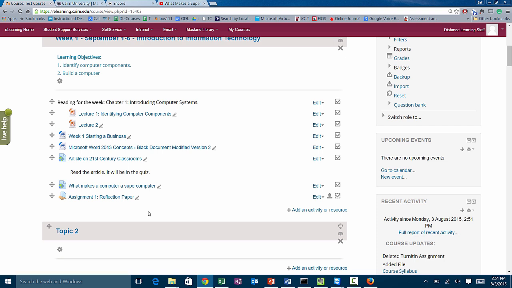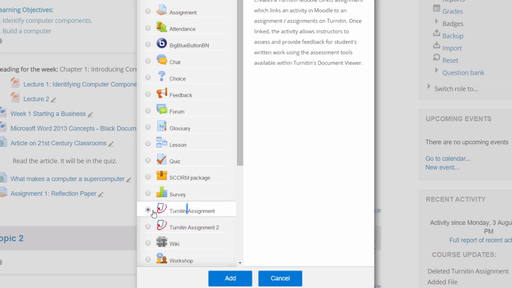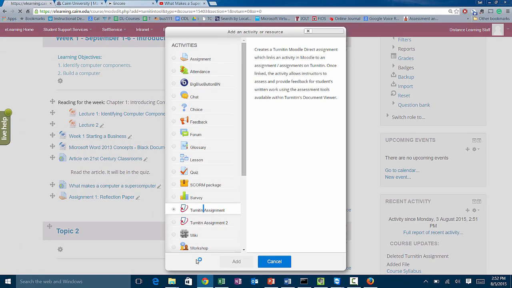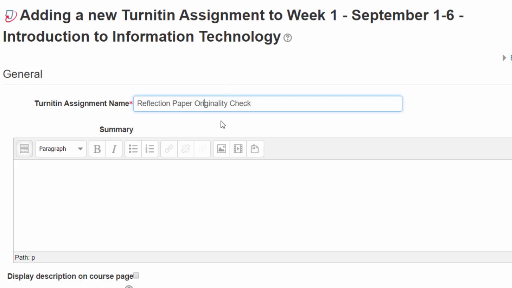So to add a Turnitin assignment, I'm going to demonstrate this very briefly without going into very many details. You simply click on Add an Activity or Resource. You click on Turnitin Assignment. Ignore this version 2 for now. You click on Add. And you just say, and we usually choose this wording, a reflection paper originality check. And then under the summary, we say, please upload your assignment